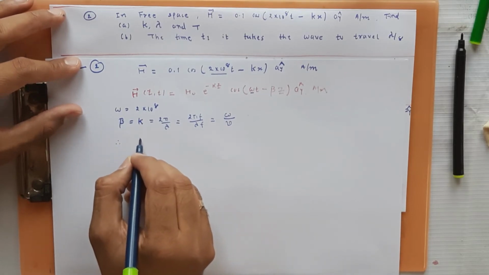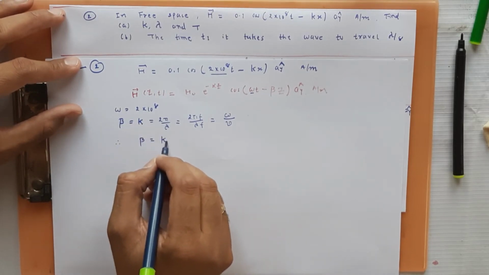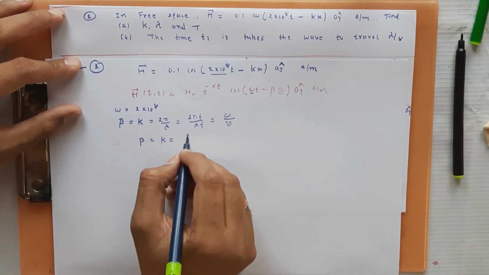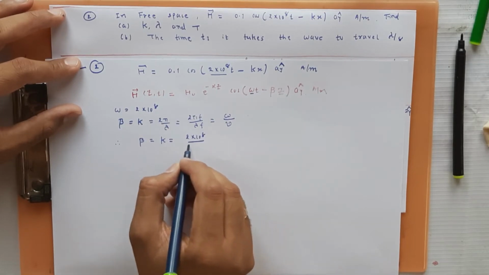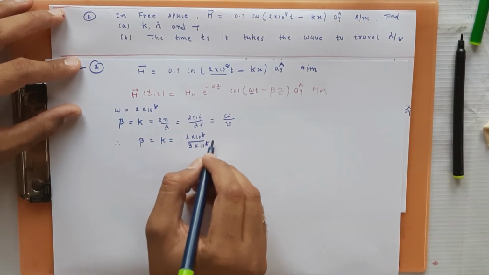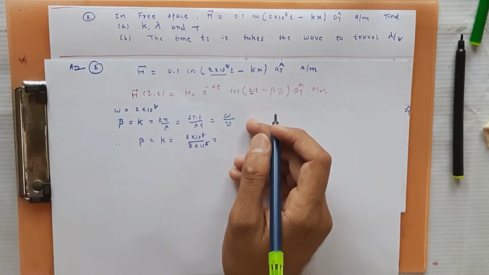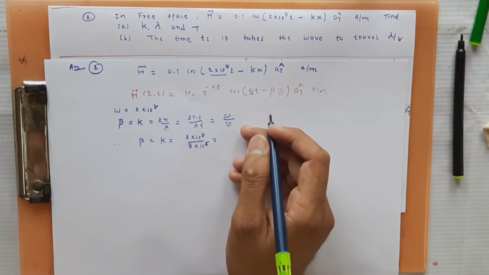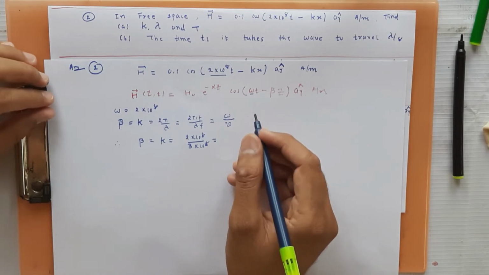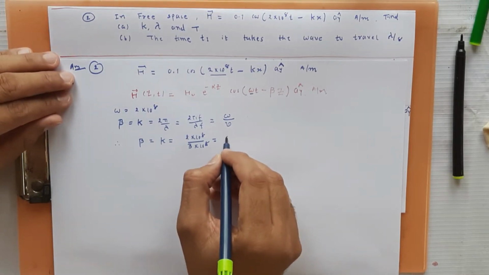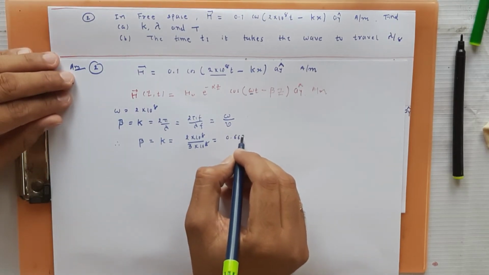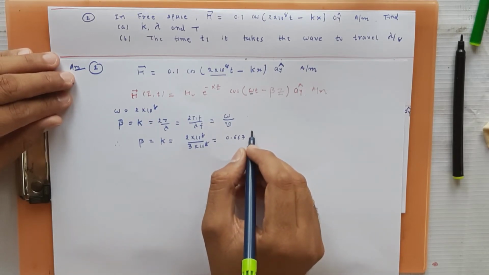So beta or k is equal to omega, 2 × 10^8, over velocity, 3 × 10^8, because for free space the relative permittivity and relative permeability are 1, unity. So it is nothing but